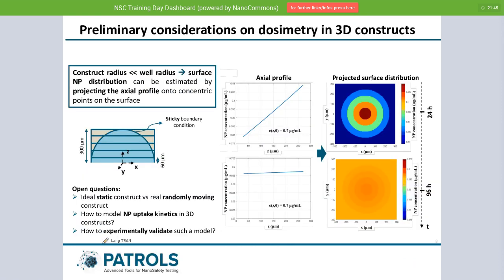So this is where we are working now, because apart from using this kind of flat bottom in vitro experiment, we are also using a spheroid as a model for an organ. This is quite challenging because if you drop particles on a spheroid, you have to estimate what is the dose A on the surface of the spheroid, and B, how does that in time sink into the spheroid.